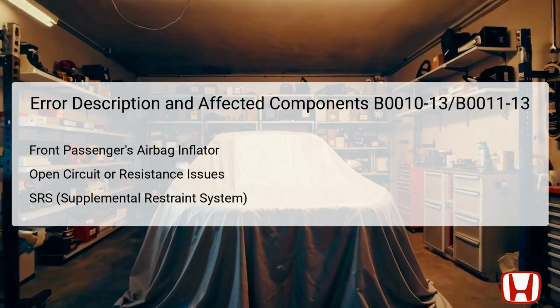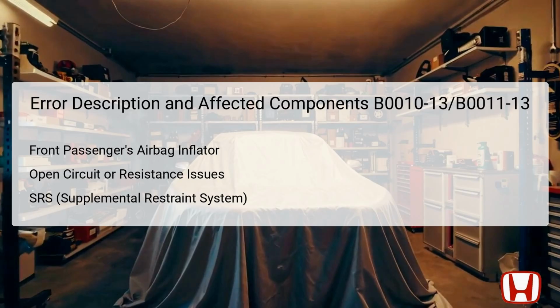The error codes B0010-13 and B0011-13 pertain to the front passenger's airbag inflators. These inflators are essential components within the SRS, supplemental restraint system of the Honda Odyssey. The first inflator is primarily responsible for deploying the airbag during a collision, while the second inflator provides additional protection and deployment timing. These inflators are located within the dashboard and are connected via a 4P connector to the vehicle's